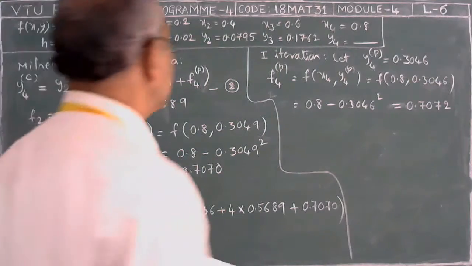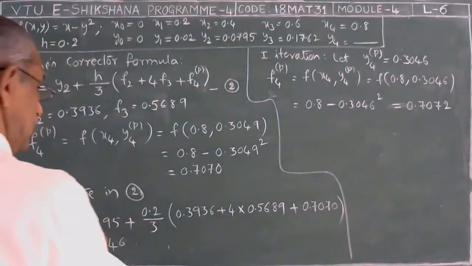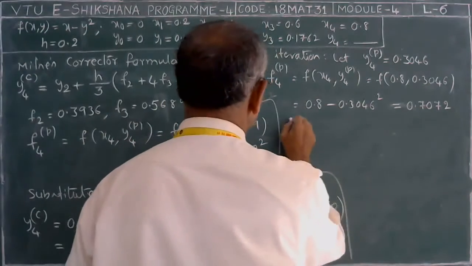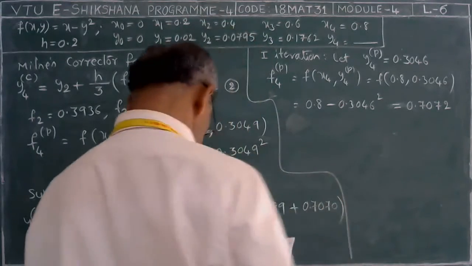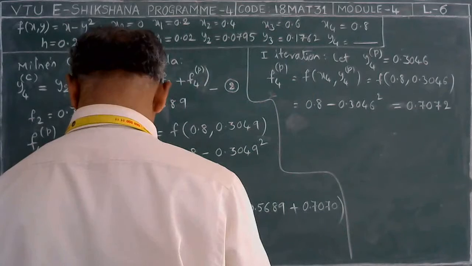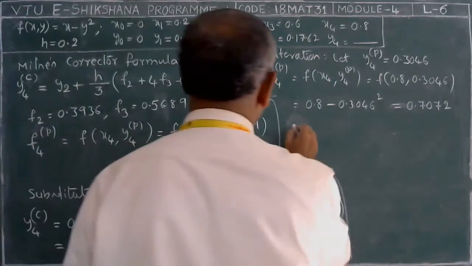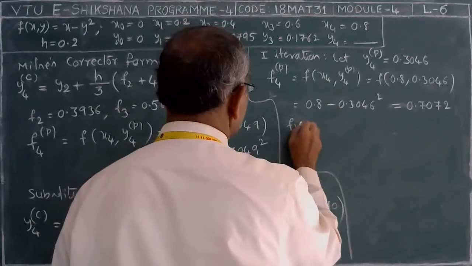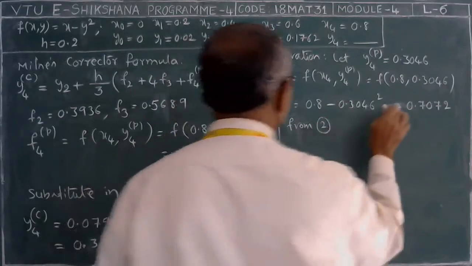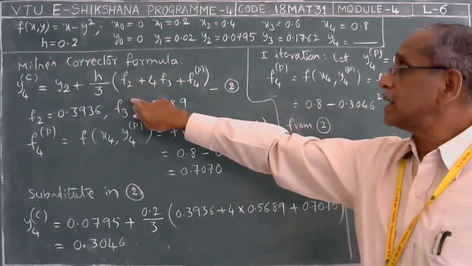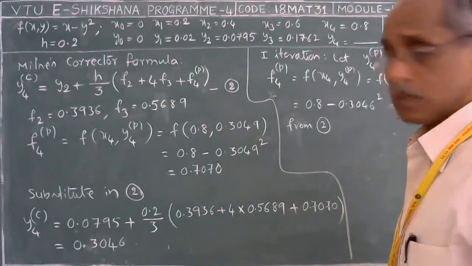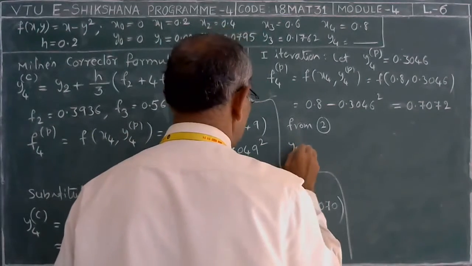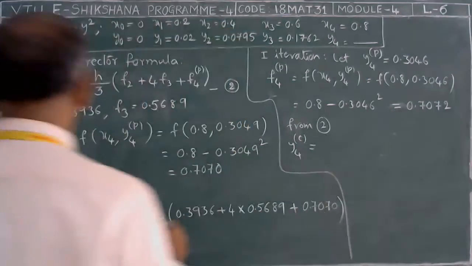0.7072. Now, substitute in equation 2 again. From 2, that means what we are doing here, we are substituting this F4P here and calculating Y4C. So from 2, Y4C is equal to,